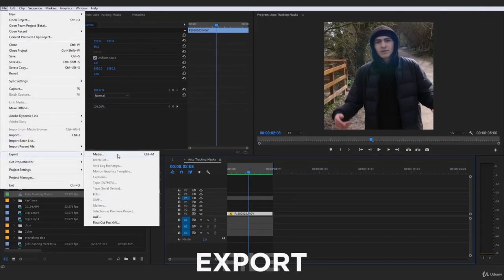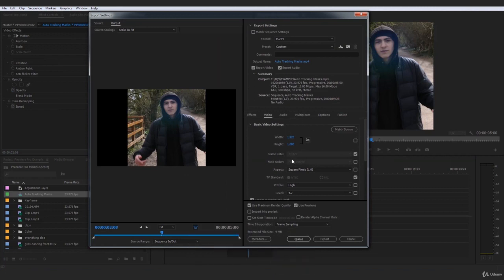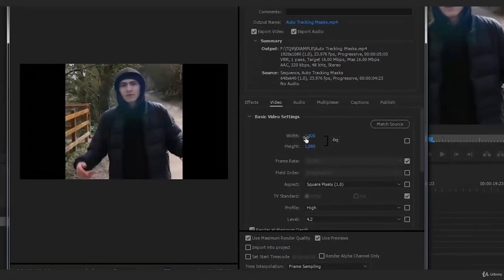and we can go up here to File, to Export, and to Media, or we press Control M. Again, I'm just going to click Media this time, and obviously it's going to come up a little bit weird like this. Now the reason for that is because we're still using basic video settings of 1920 by 1080,